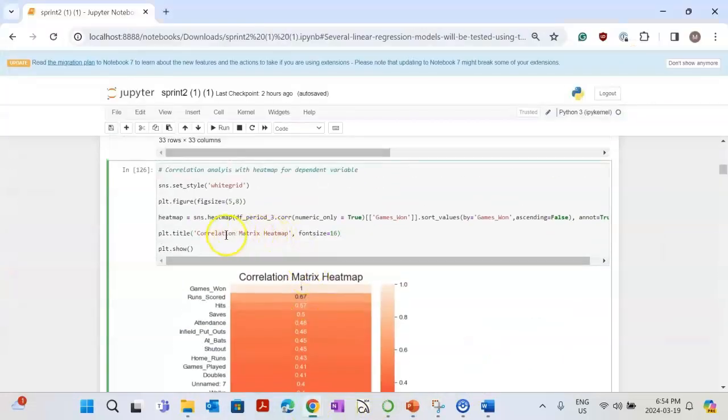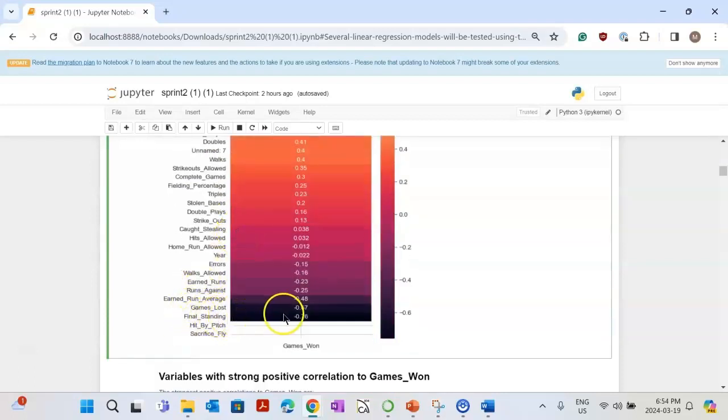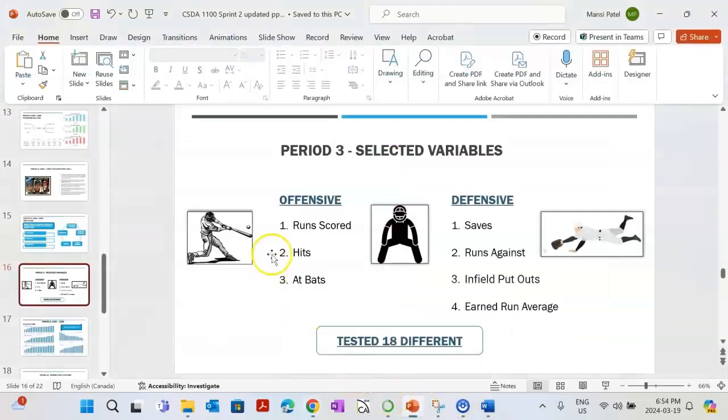Okay, so as you can see in the correlation matrix heat map, run score is the closest to games won positively. You can see 0.67, then hits at 0.57, saves at 0.5. If you compare the negative, it's final standing at minus 0.76, earned run average at 0.48, and run against at 0.25. So with this criteria, I selected these 7 offensive and defensive variables. For the offensive, it's run score, hits, and at bats, and for defensive, saves, run against, infield putouts, and earned run average. Now, with that, I tested 18 different combinations